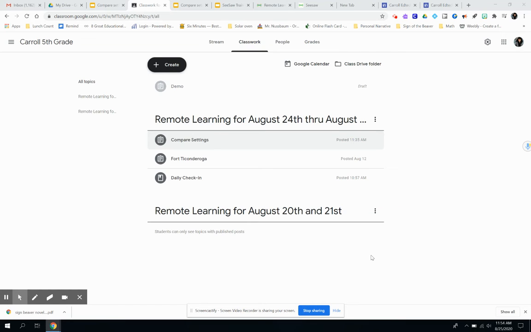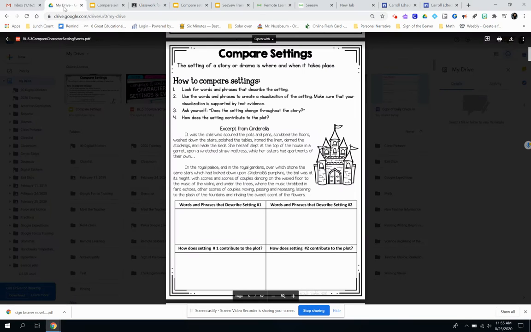In this tutorial, we are going to talk about how you change a PDF to an editable file to put in Seesaw and then finally post on Google Classroom. So let's get started. The first thing that we need to do is navigate to our Google Drive, and then